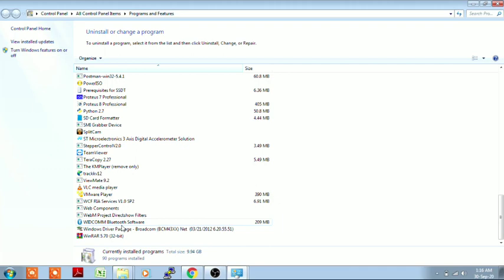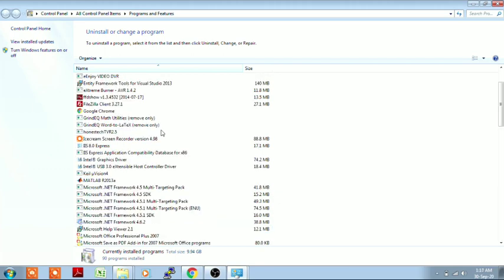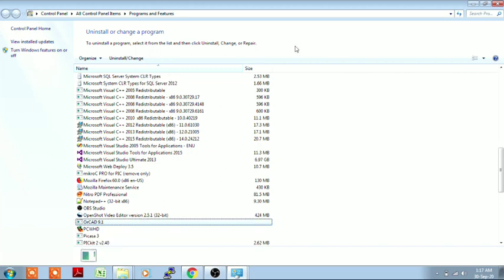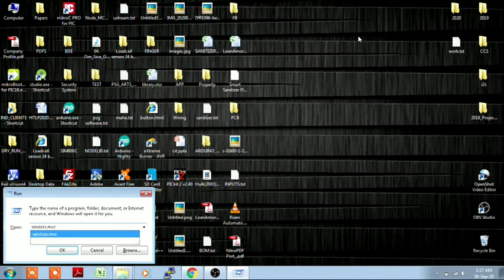So you just find the unnecessary software, or the software that you are not going to use frequently. You click on the software, and once you click on it, you will find the uninstall option at the top of the window. As you see, by clicking uninstall, you can uninstall the unwanted software from your computer, and you can free up more space. And now let us move to the last and final step, which is to open the run command